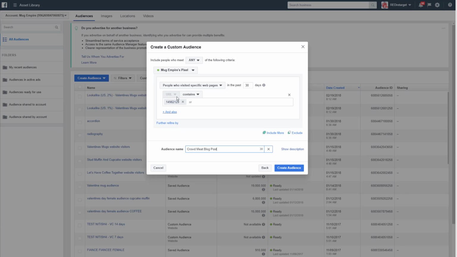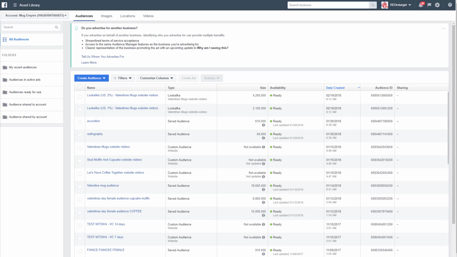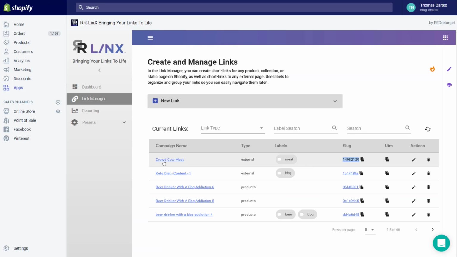That's how you build the audiences. You basically build it as a URL-based custom audience. You just put the slug in there, URL contains the slug, and you're good to go. That will build the audience based off of the link clicks. Obviously, you have to go to the correct pixel. The pixel has to be the one that is used